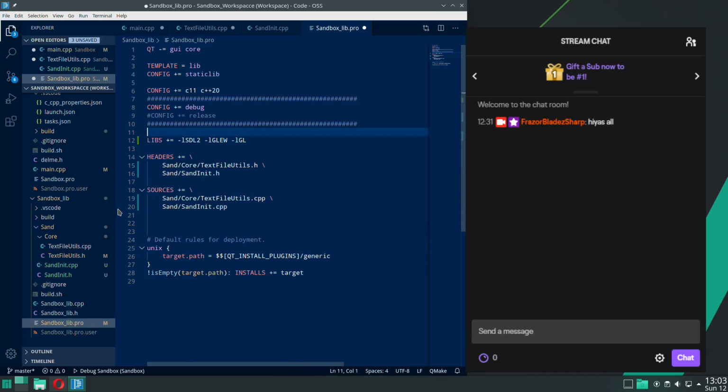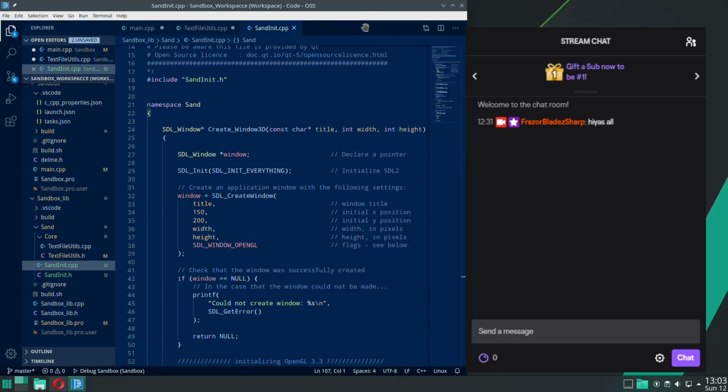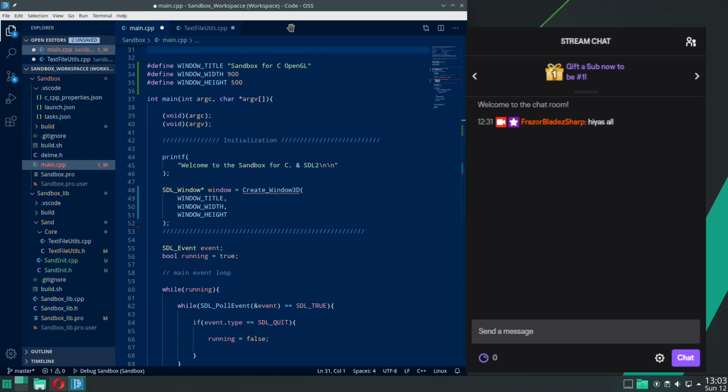We're not using Qt. Clean it up. Looks good. Right. Sandbox lib is up to date. Sandbox sandinit isn't complaining. Oof, it should be. Main save,